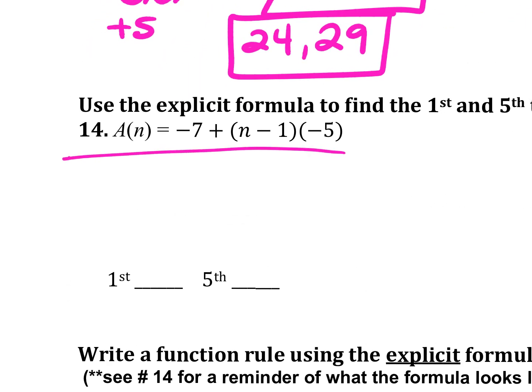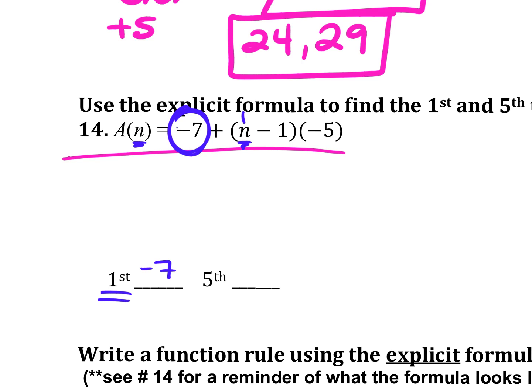Wait, so the question on this, isn't that number like the first? So I just write that. Yep. Okay, here's the deal. You have two options here. When I ask you for the first term, your first term is part of the formula. It's right there. What if you forget that that's your first term? You can just do it out. Plug a number in, right? What do you plug in for the first term? Plug a 1 in. So your first term is that negative 7, but if you forget that, plug in a